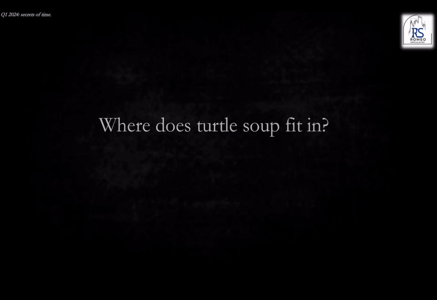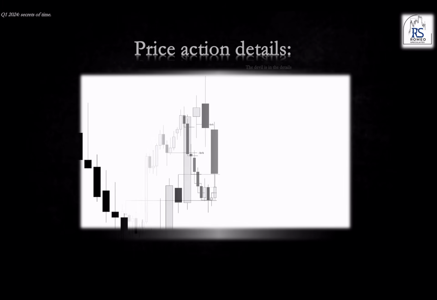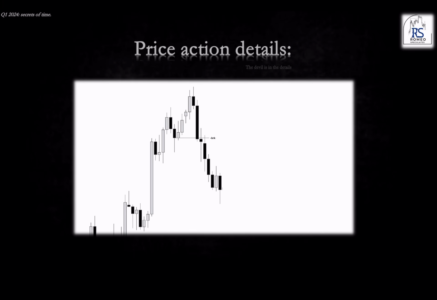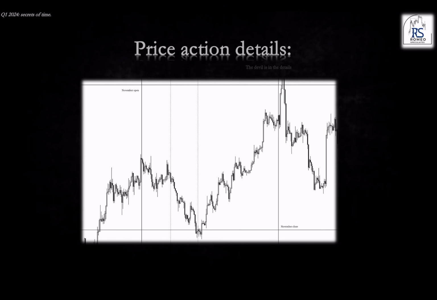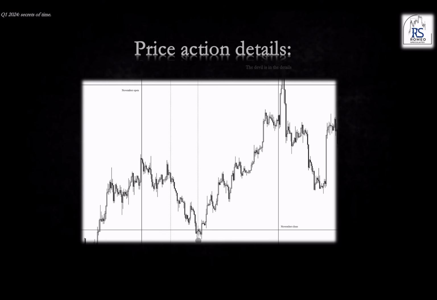Now, where does turtle soup fit in? The answer is everywhere. Turtle soup above this high. Turtle soup below this low. There's always a turtle soup and/or a failure swing in every single chart you see. Going back to the previous examples, skimming through them. Same thing, turtle soup, turtle soup, turtle soup. It looks cherry-picked in hindsight,